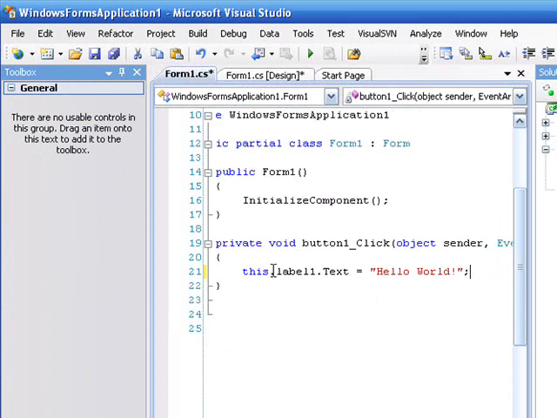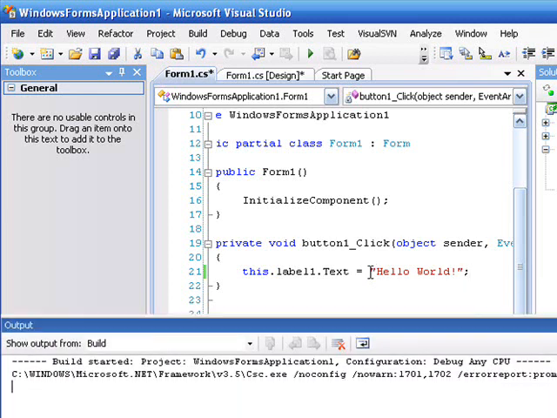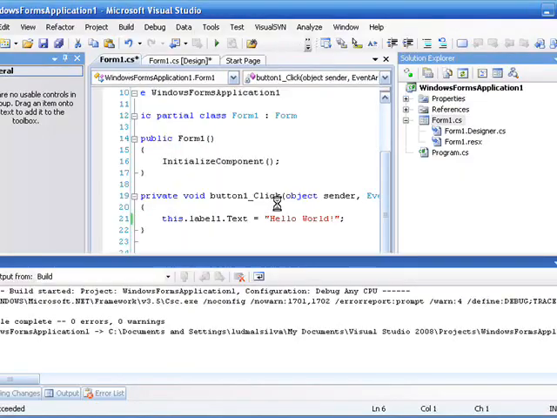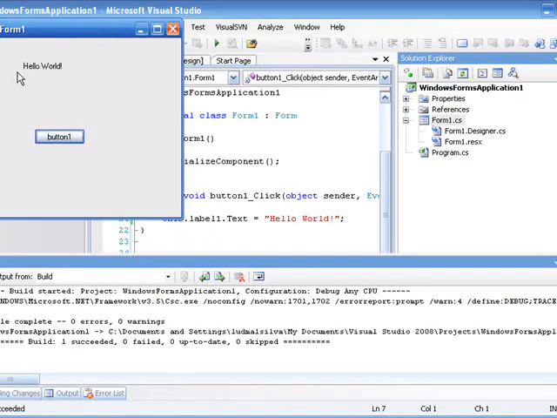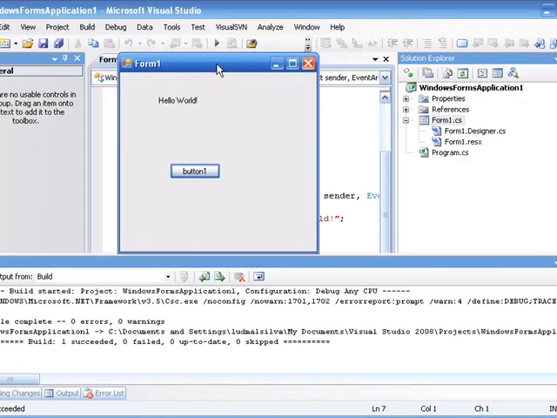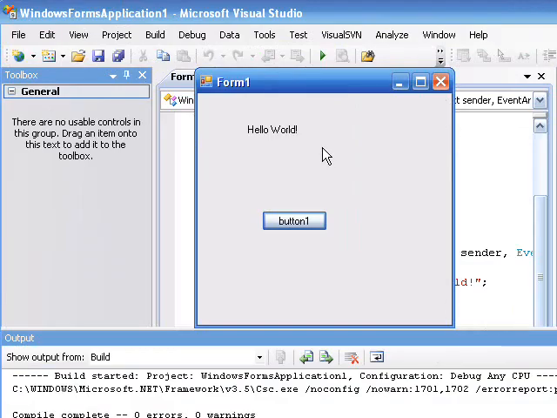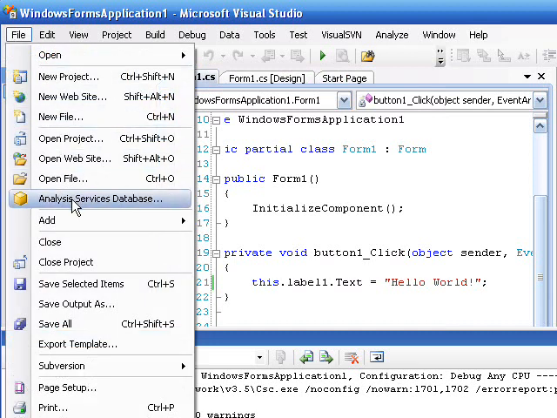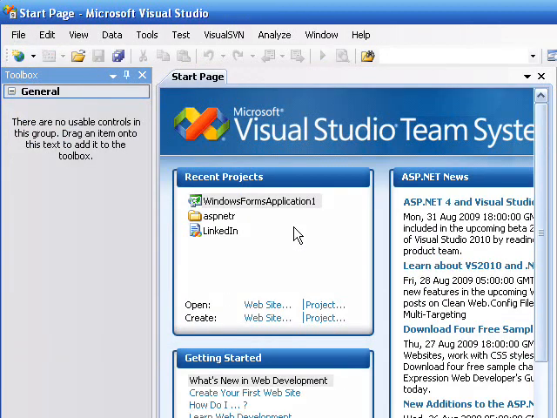As you can see, I just double clicked on the button and assigned a string value to the label text property. So we'll go ahead and run this application. As you can see, now it's appearing in the label control. So this is the basic Windows form event model. So let us close this application and do the same